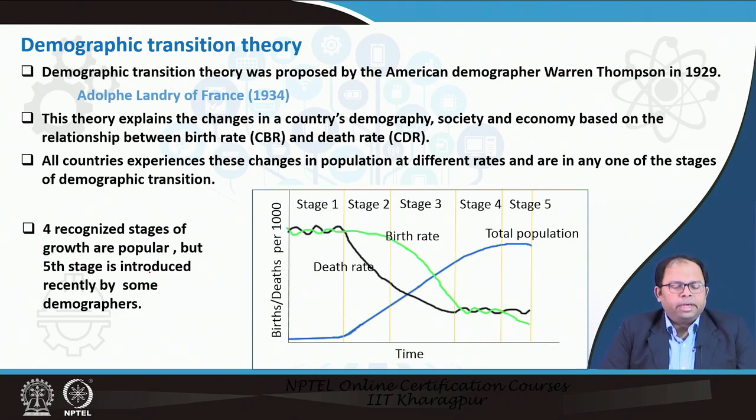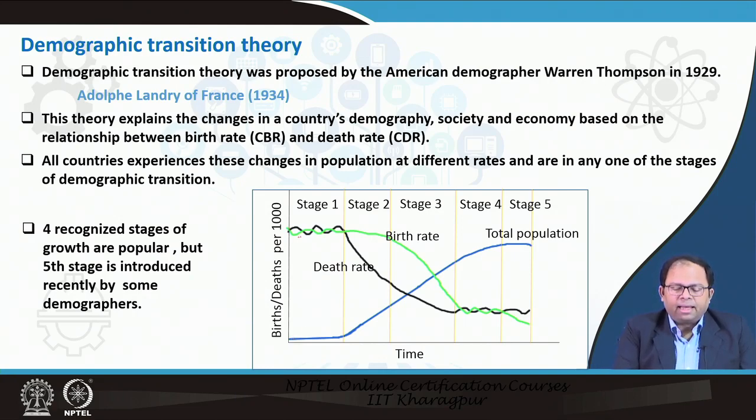And extending this theory, all countries experience this change in the demographic pattern or population structure because of the difference in birth rate and death rate at different periods. Because of this transition, all countries experience these changes, but at different rates. For example, like in this figure, you can see that